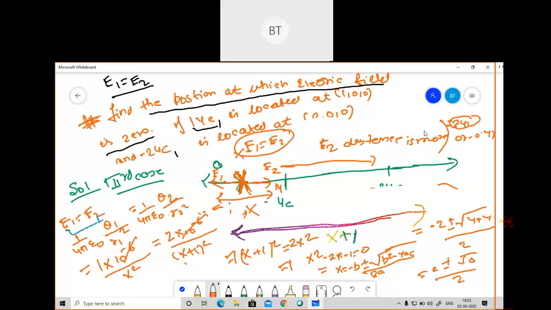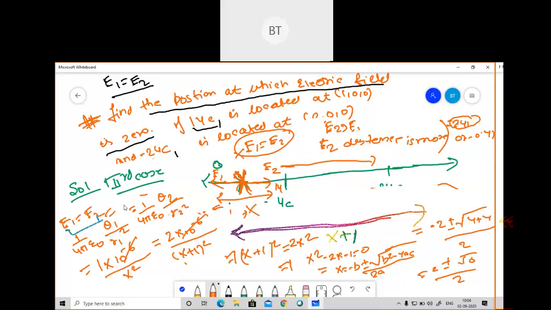Okay, good. If you have substituted that negative value, the distance will be less than r1. So already we are considering that the distance r2 should be greater than r1. Based on that we have applied those formulas. So if you take the negative value, the distance will become less, and that is not possible.